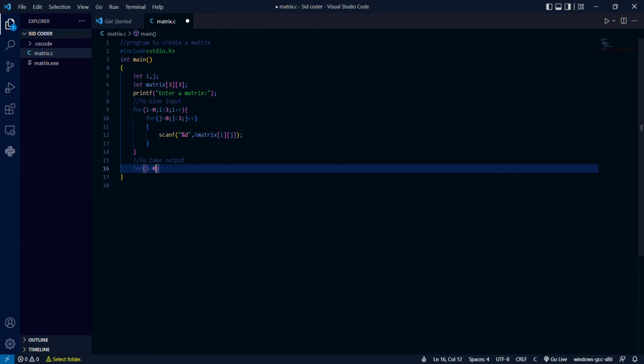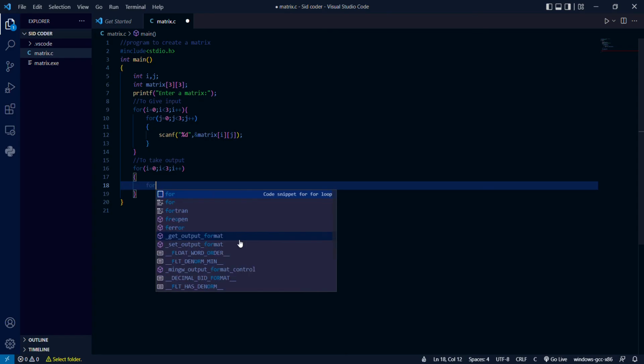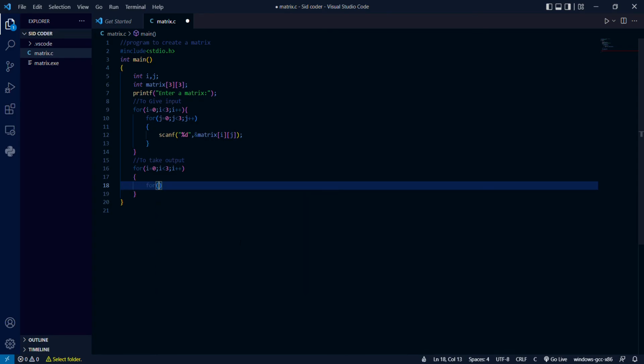for i equal 0, i less than 3 and i plus plus. एंड नेस्टेड लूप है फ्रेंड्स। नंबर ऑफ रोज के लिए हो गया, तो अब हम लिखेंगे नंबर ऑफ कॉलम्स के लिए फिर से।